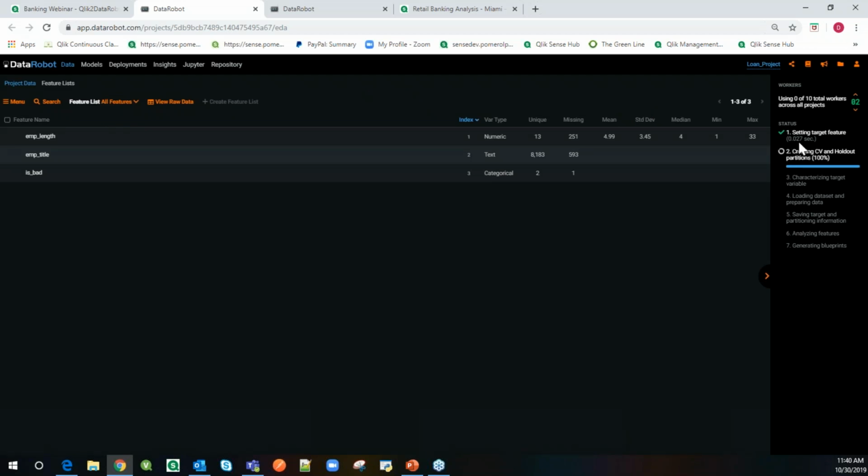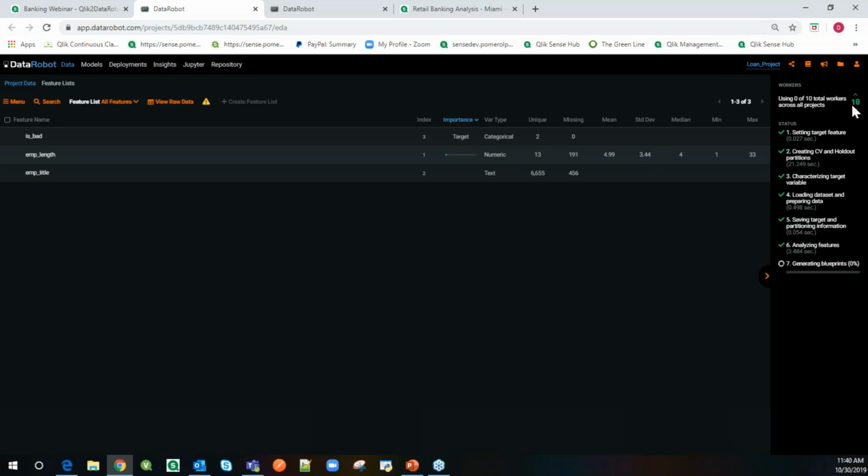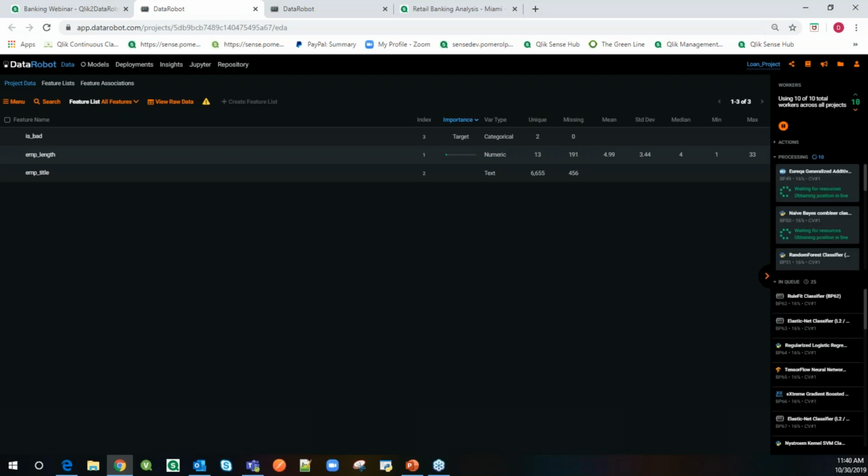So we can see that DataRobot is selecting the target features, creating the CV and holdout partitions, and doing various other data science elements that are important in the model building, such as making different features, etc. We can go ahead and increase the number of workers to 10. So when they actually do start making models, they will be able to make more models at a time. And now we can see it's done doing all of the data science steps. It's going ahead and making various models